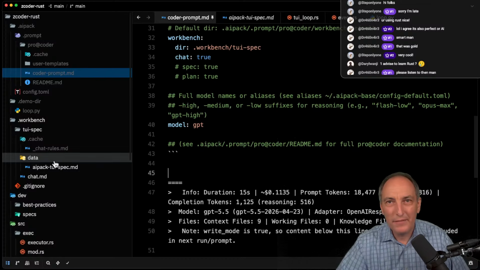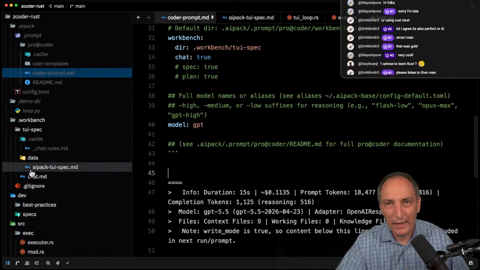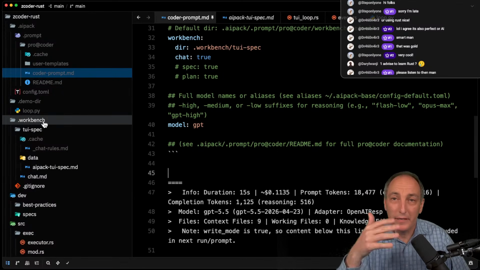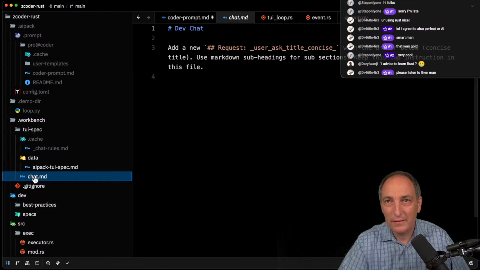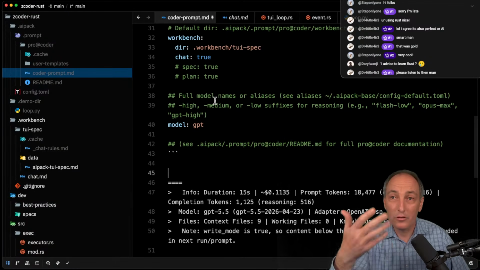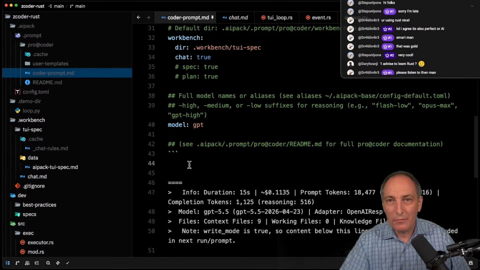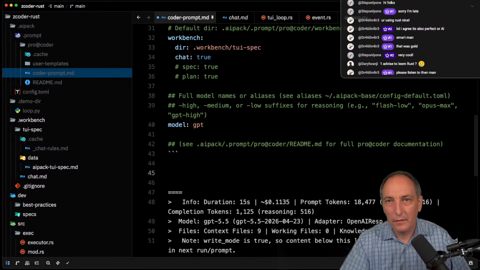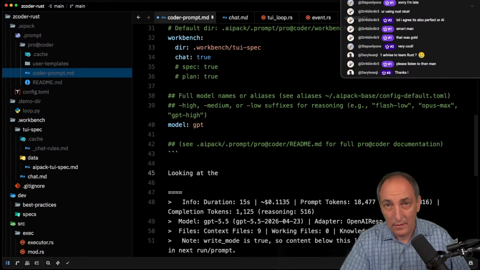And so now we have the TUI stuff. I have the AI pack spec, so that is good. The other one I could have stayed there, but I didn't really care. I have the chat. I like to have chat because I use it as a log sometimes. And so now I'm going to say, looking at the AI pack, TUI spec,